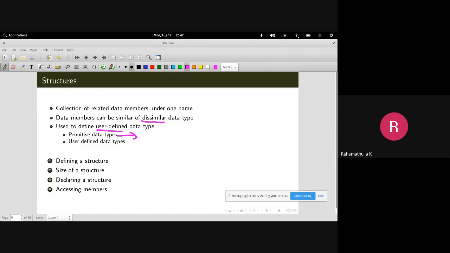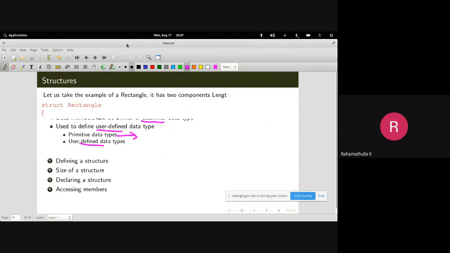You can group some of the primitive data types, or even other user-defined data types, under one name as related data members, and that is a structure. Throughout this, we are going to define a structure. We will see how much size it is going to take, how you declare a structure, and how you access the different members of a structure. All things we'll see.